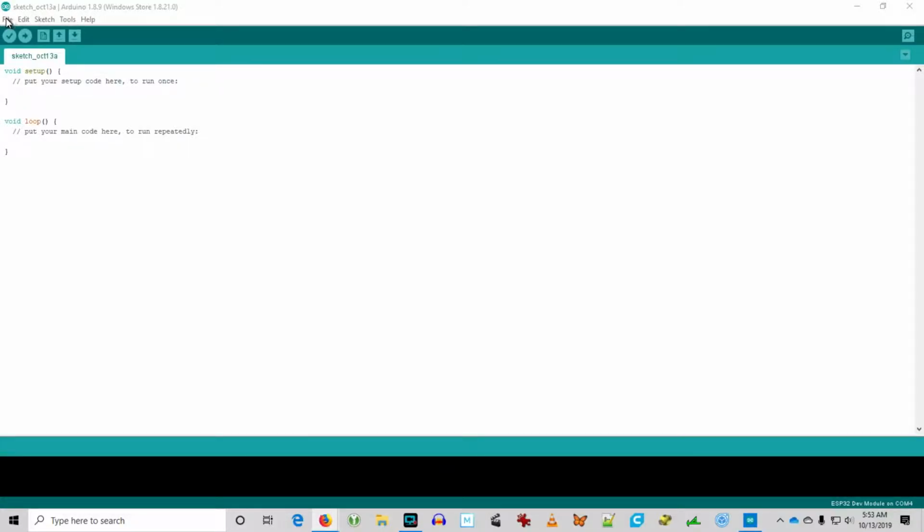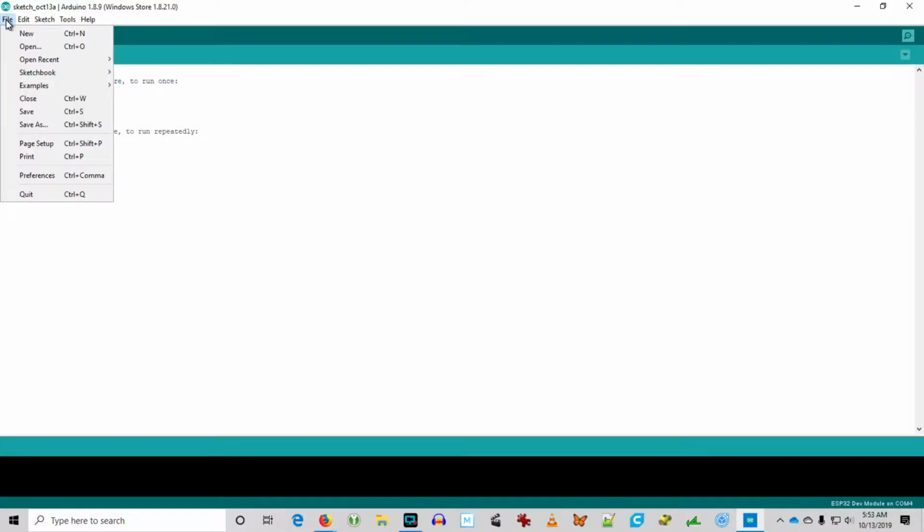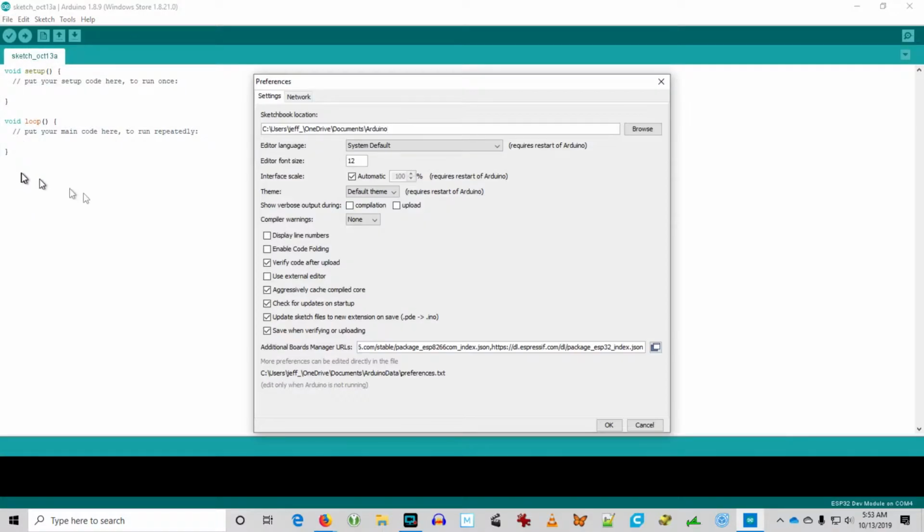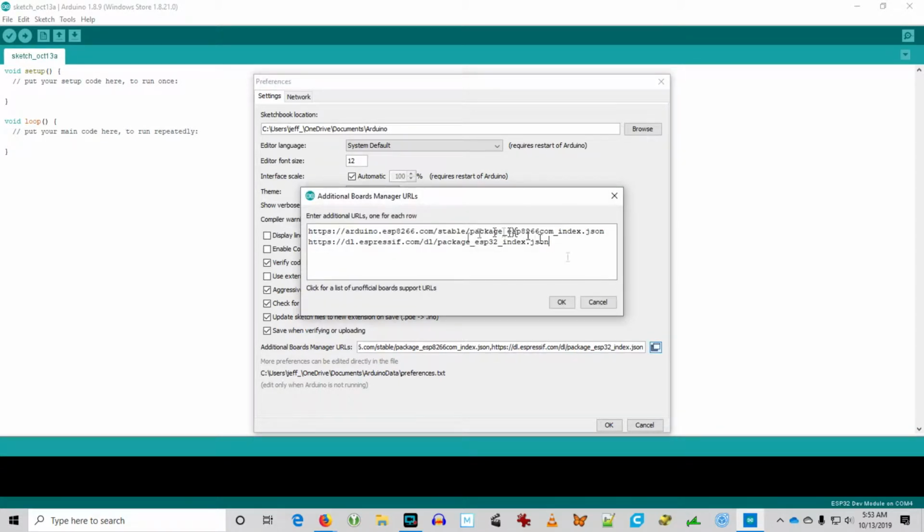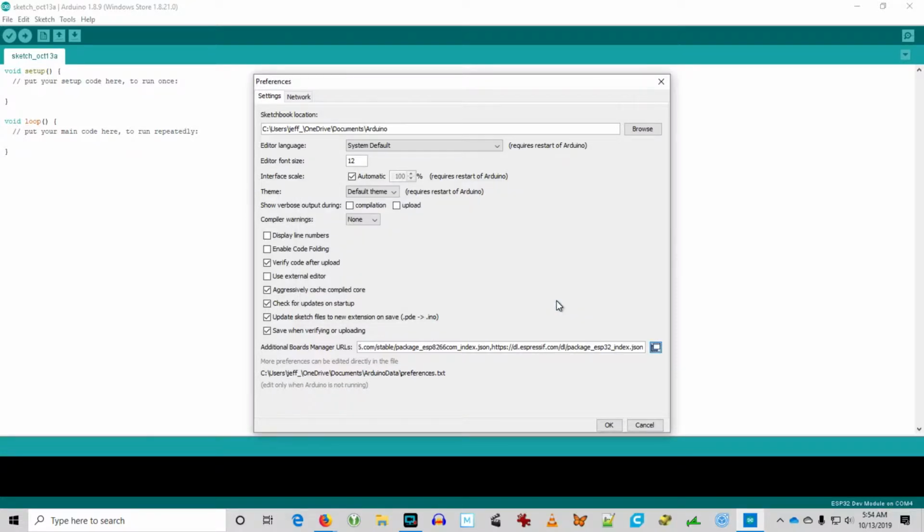So to manage boards outside of the Arduino universe, you want to go into Preferences and you want Additional Board Manager Paths. These are URLs to other files that contain definitions for other boards that aren't already in the Arduino universe. These two here are key for the ESP boards, the boards based on the ESP8266. So you can add URLs there. When they appear in that field, they're comma separated, but in that box, you can just add them as a